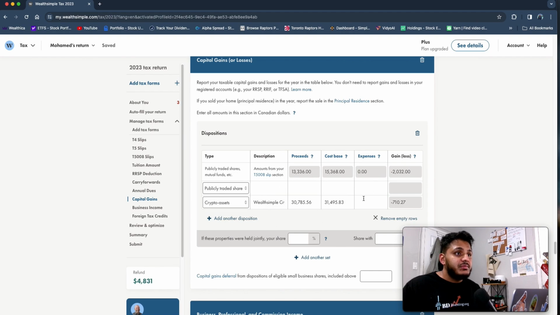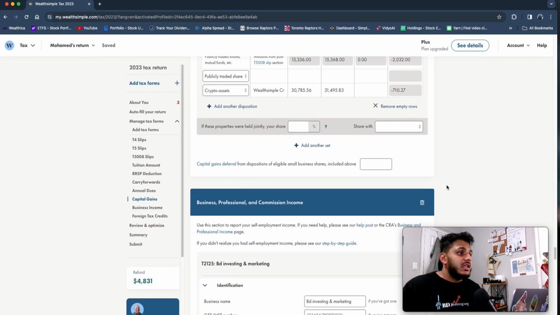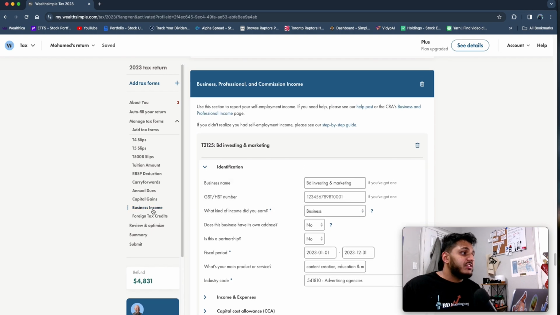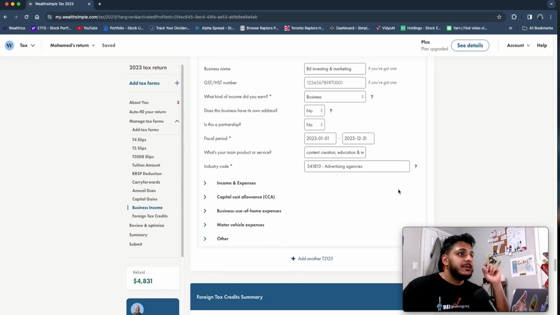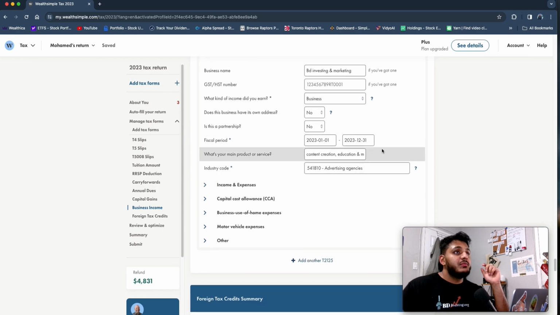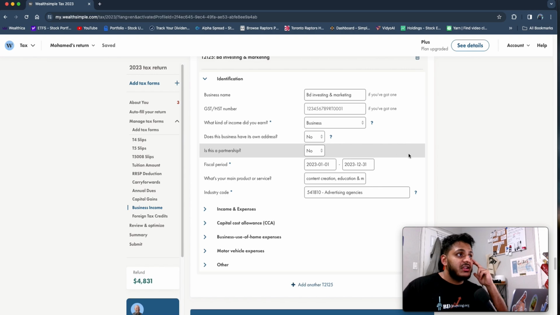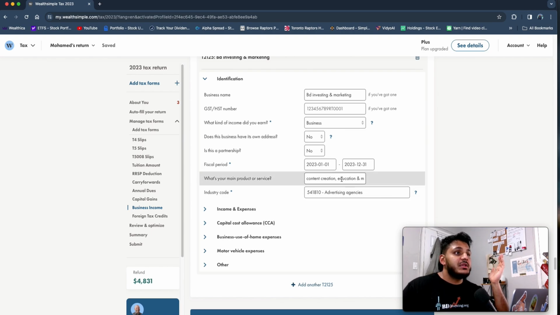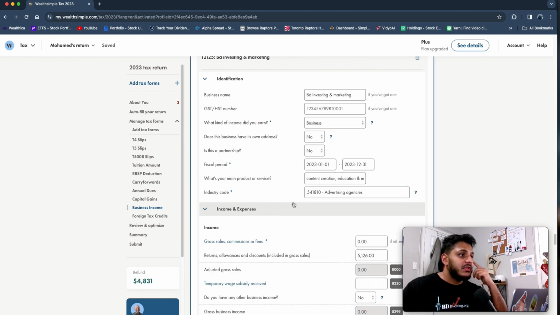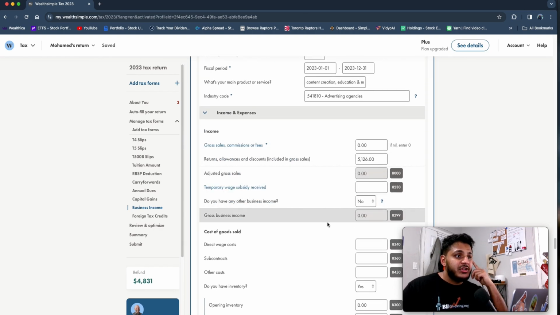Oh yeah, if you had any crypto, it would put it in here. And now this is the part where it comes to the business. If you own a business, specifically a sole proprietorship, you would add your business information here. I just put down my information over here, and then you pick your industry. Make sure your business is registered, or if it is not registered, you can just go ahead and add any income. But if it is registered, then make sure you put in your industry code and what kind of job it is. And then this is the fun part where you get to put your income,